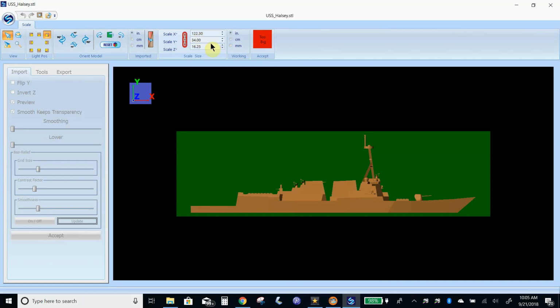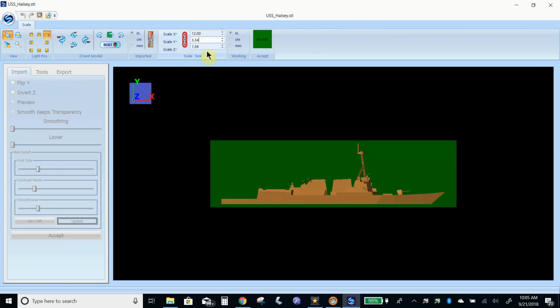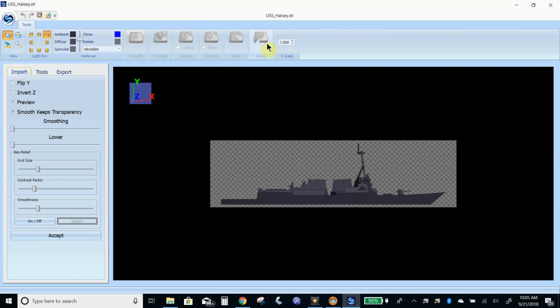This 3D pattern was initially done in quite a large scale, and so we don't want it that large. We can't use it that large. Now we can always scale the pattern down further after we've placed it on our board. So I like to use a size such as 12 inches to capture a good amount of detail. And again, if I want to put this in a smaller board, no problem. So I'm changing the size. You can see it's turned green. I click on Accept, and there we've got